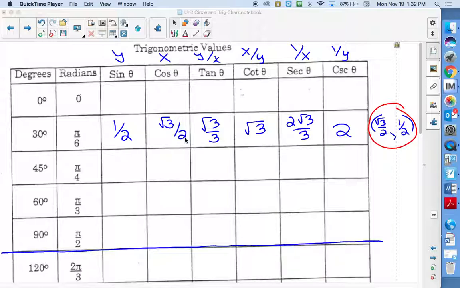Just got notification. All right, so on Friday, these are the values we calculated. A 30-degree angle is attached to a point on the edge of the circle, and that point to get to the edge of the circle would be going over the square root of 3 over 2 and up to 1/2. So because the opposite side of your triangle